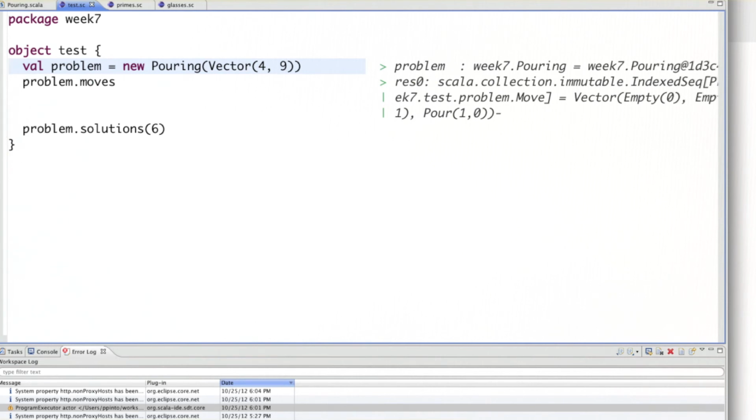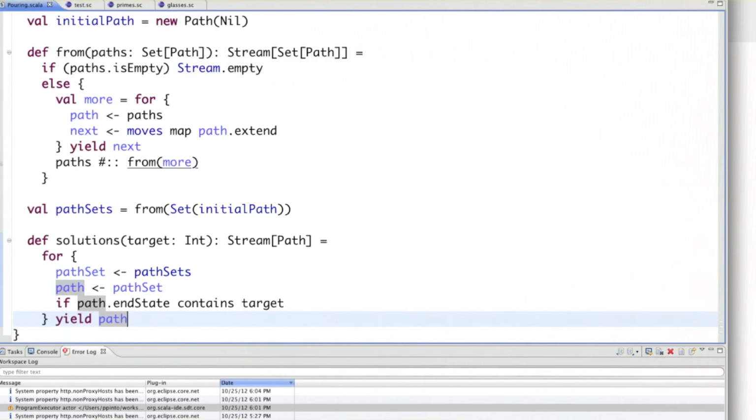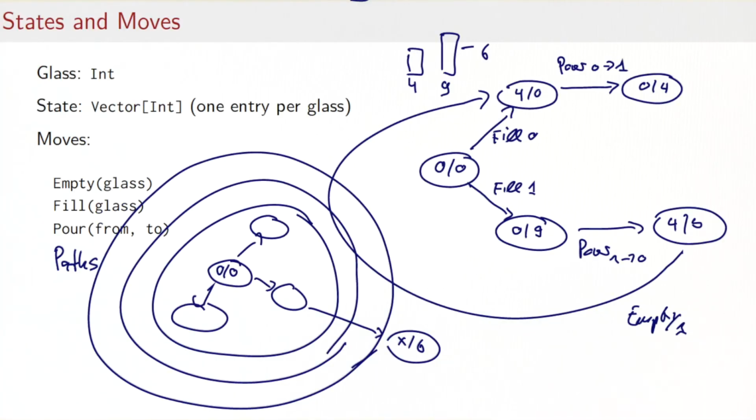So let's go back and see what the problem could be. So one problem is, if we look at the diagram, that we move blindly. That means we generate from each possible state. Let's say we have a state here. We generate new states, but we will also generate a lot of old states. So we do a sort of random walk on the states, constantly revisiting old states. And these old states don't really bring anything to the solution, because when we go back to an old state, that's not a path we want to consider, because by definition there is a shorter path that leads to the same state. So the problem we have is that all this exploration is rather aimless,